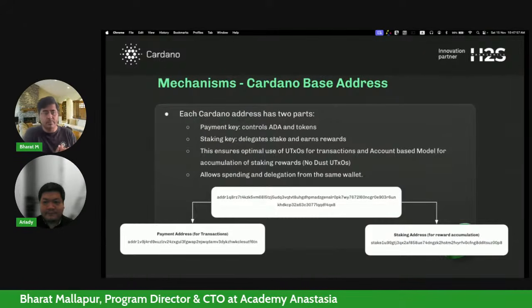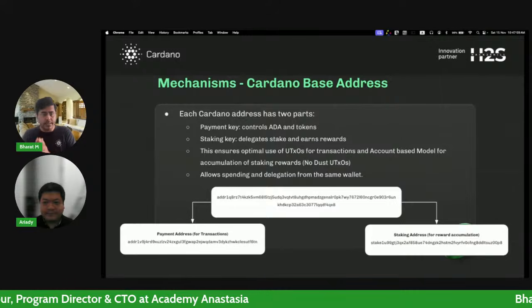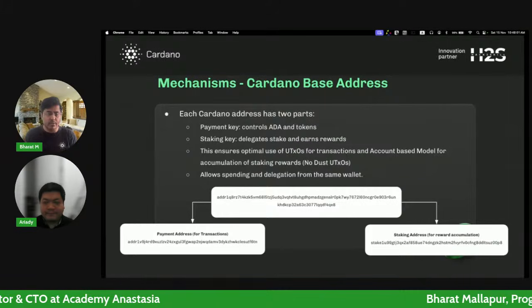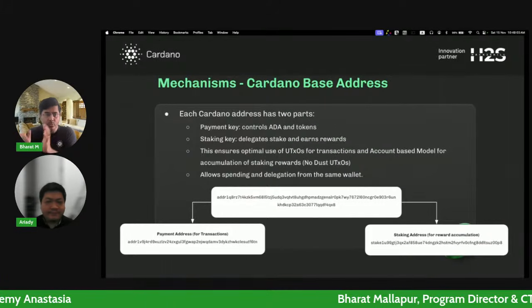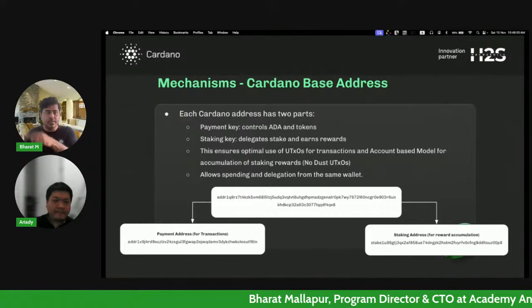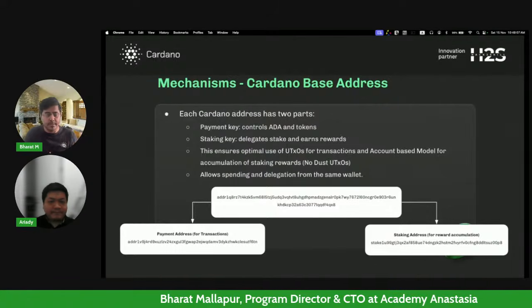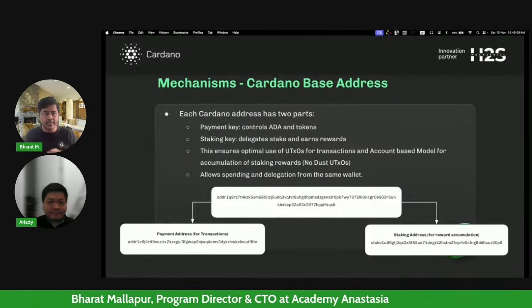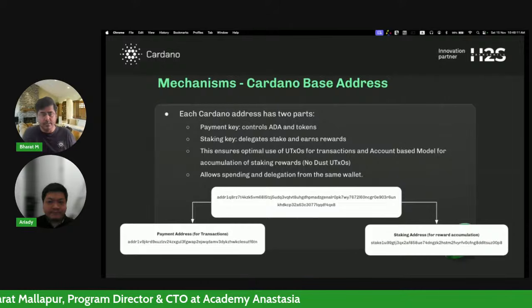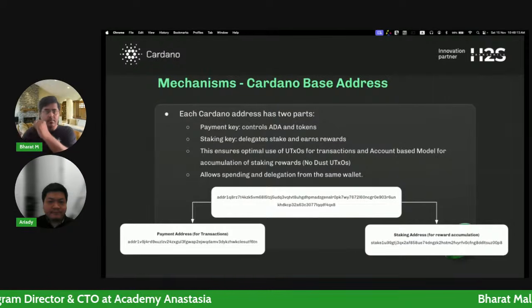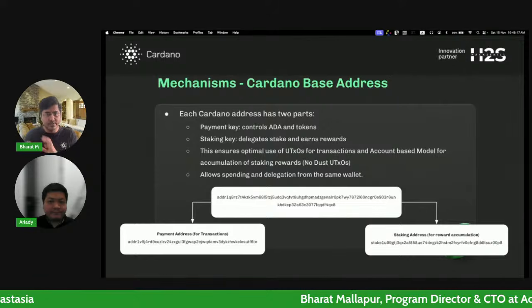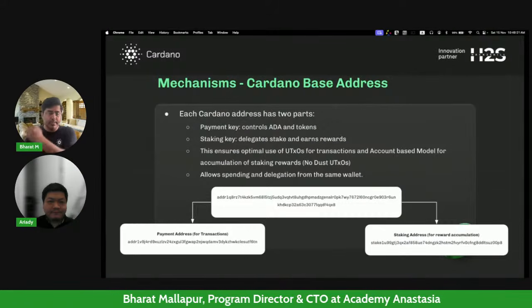To stop this from happening, Cardano uses, for staking, an account model where you just keep adding to an account, just like Ethereum. You just keep adding to an account. Like, for example, your bank account: when the salary gets credited, you don't print out notes, but your digital balance just gets updated. So this way, the staking account has ADA in it, which keeps getting accumulated.